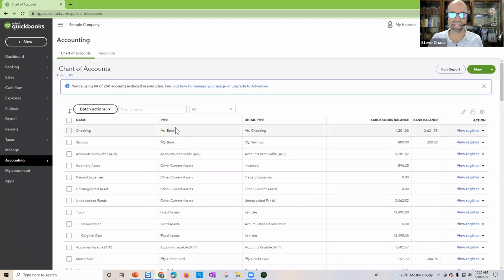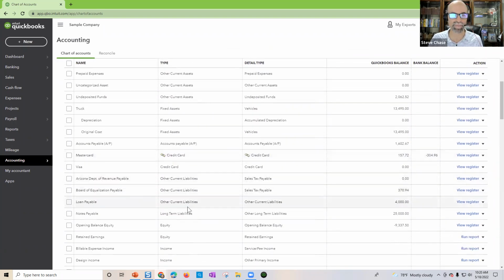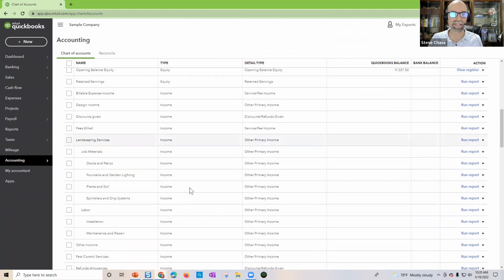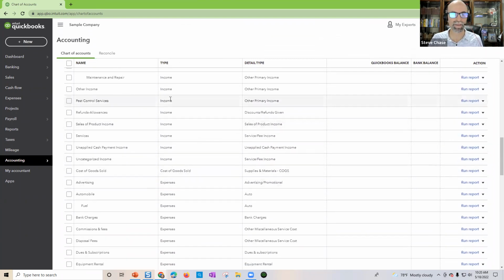Notice that we see the type here. So bank accounts, assets, fixed assets, credit card accounts, liabilities, equity. And then we're getting into some income accounts here. And we keep going down. We got cost of goods sold. So what is cost of goods sold? Cost of goods sold is a